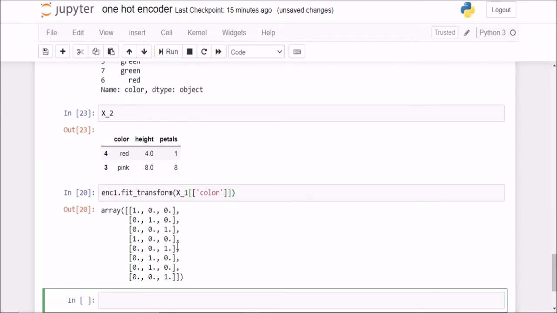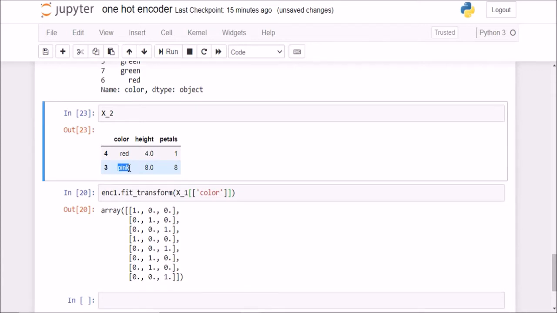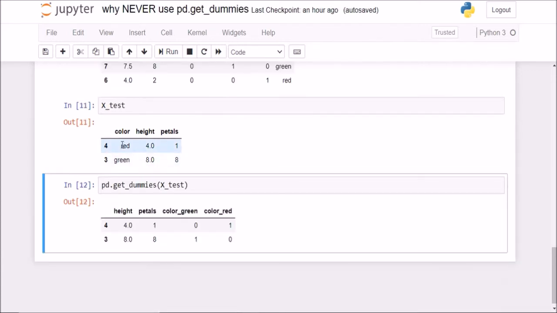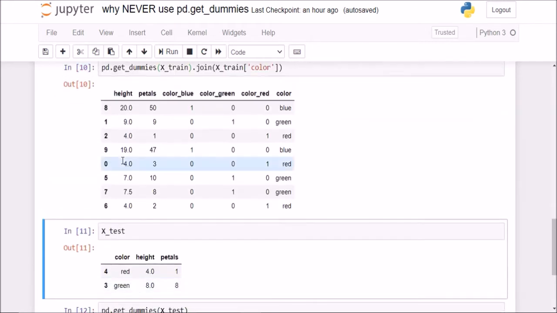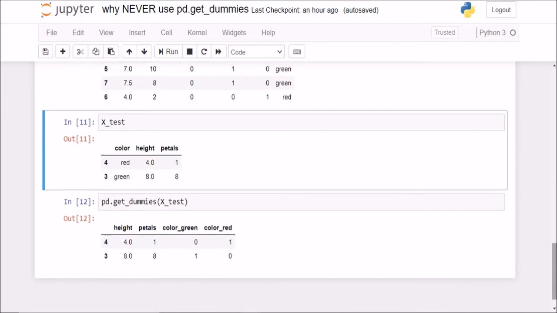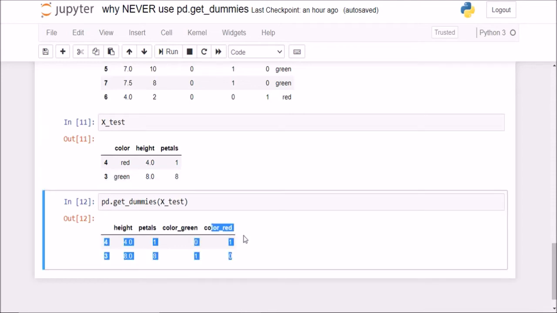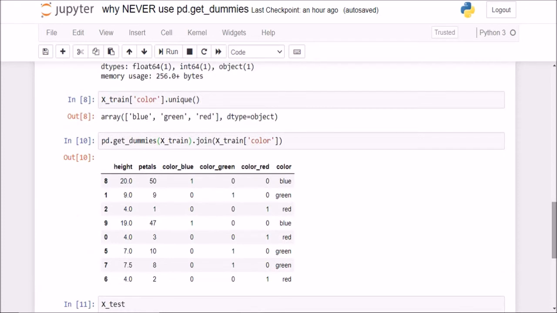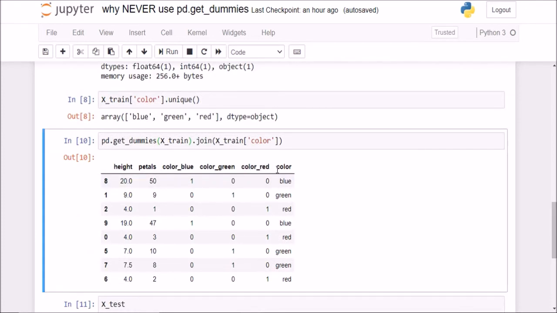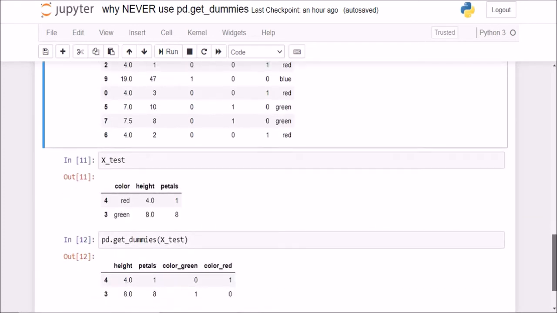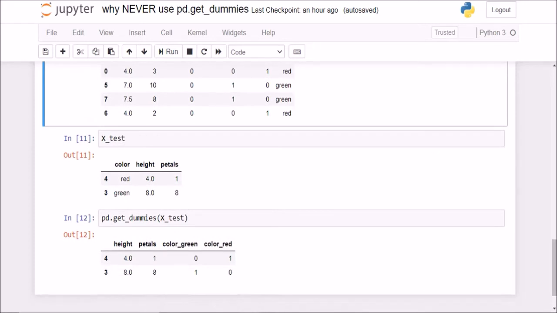Now if this was the case in pd.getDummies, that I have an unseen value in my test data, right? Because before I had red and green and both of those were seen in the training data as well. So it was no big deal. But what if instead of green I have pink here? Then pd.getDummies will create a new column for pink, which will not be seen in the training data. So this will create another mismatch and it will not be basically correct, right?